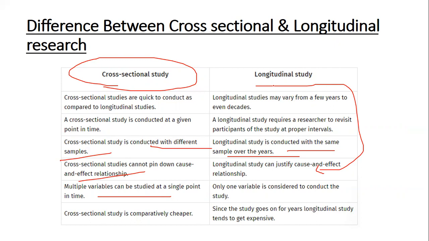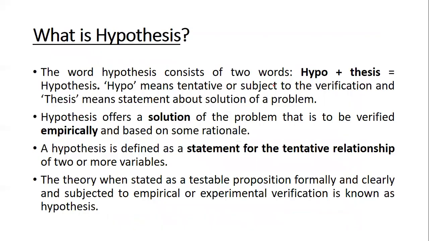So there can be a question on this also. A cross-sectional study is comparatively cheaper, whereas longitudinal is much more expensive because it has to be extended over a longer period of time. Now, hypothesis. There is no direct syllabus topic of hypothesis, but questions are seen. So I'm doing the hypothesis topic now, but you also need to ensure it is done with the help of previous year question papers, so that it becomes perfect.